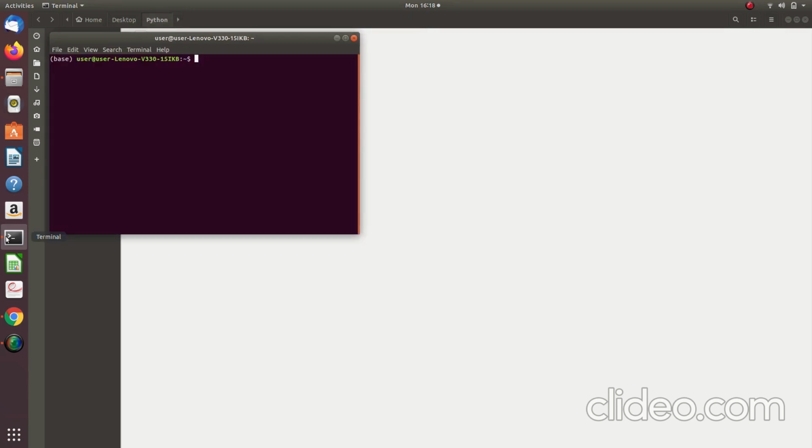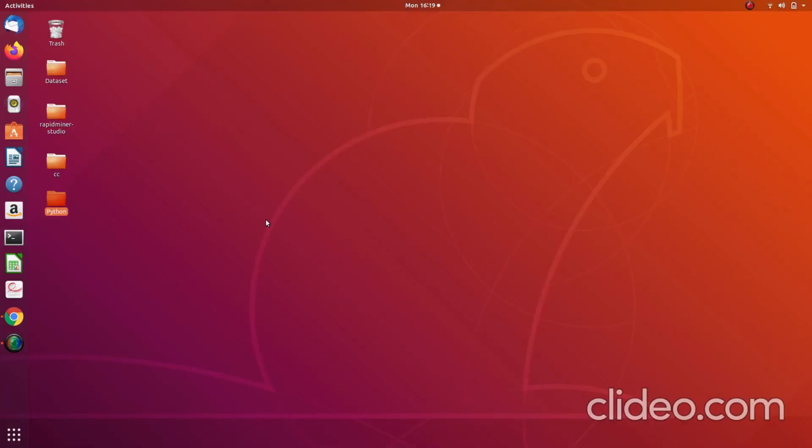One thing you have to take care of while writing code using the terminal is that the Linux commands are entirely different from the Windows commands. The next method is using the IDLE method, the integrated development environment method. IDLE is automatically downloaded when Python is installed in your system. The installation is totally different for Linux and Windows, so you have to follow the proper installation method depending upon your OS.